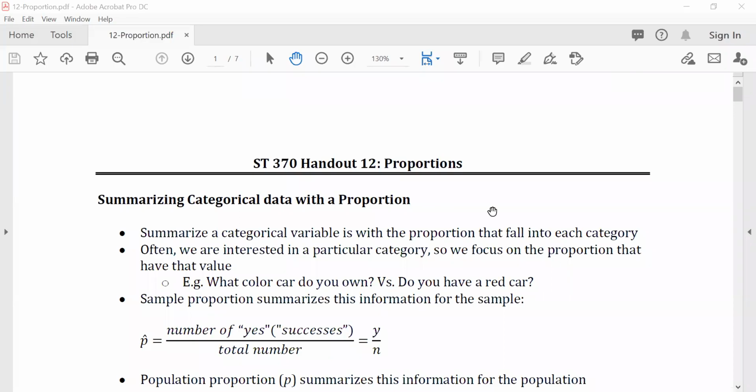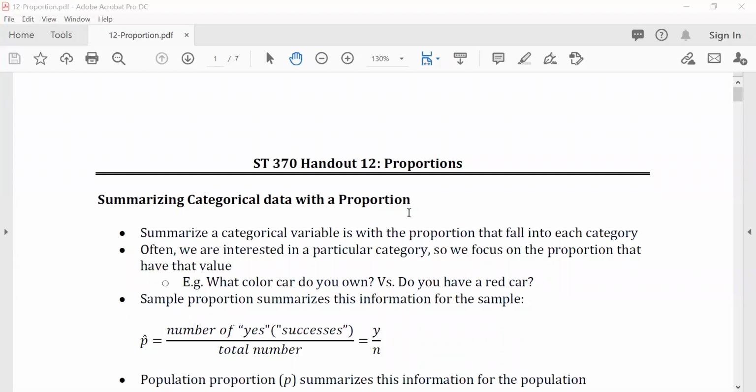Okay, in this lecture, let's talk about the inferences of proportions. We have talked a lot about the inferences on means, how to calculate the confidence interval for the mean, how to conduct a hypothesis test for the mean. Mean is the most commonly used way to summarize quantitative data. If you want to summarize the categorical data, the most widely used